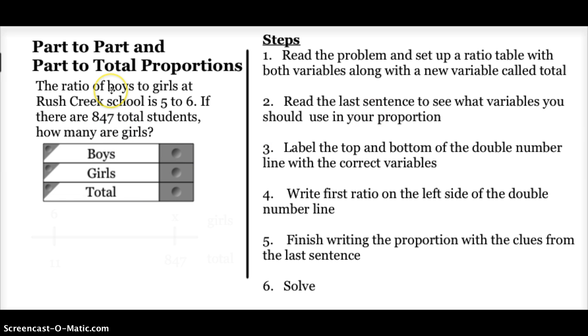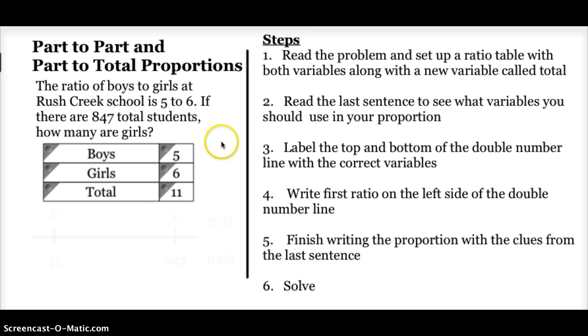The first sentence tells me that there are 5 boys for every 6 girls. So I'm going to put down 5 boys for every 6 girls. And that means that there's going to be 5 boys for every 11 total students, or 6 girls for every 11 total students. My next step is to read the last sentence to see what variables I'm going to use